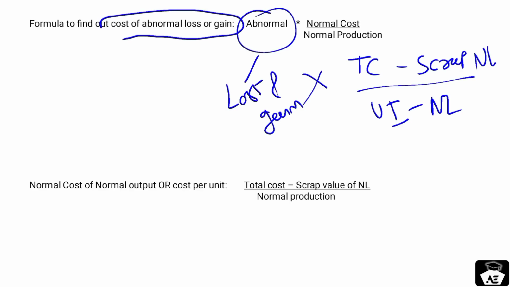Now the next formula is a normal cost of normal output, or you can say cost per unit. So this is the simple formula: total cost minus scrap value of normal loss and divide by normal production. So in this case again normal production means your total unit introduced minus normal